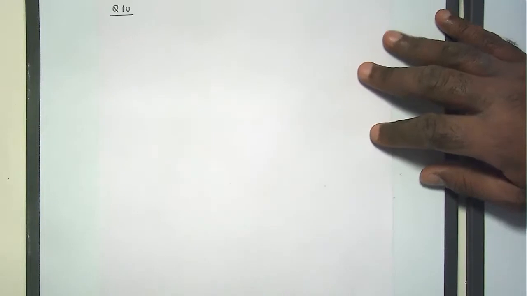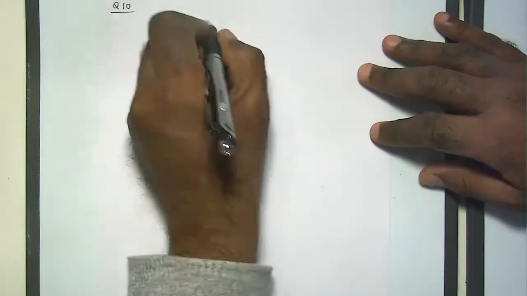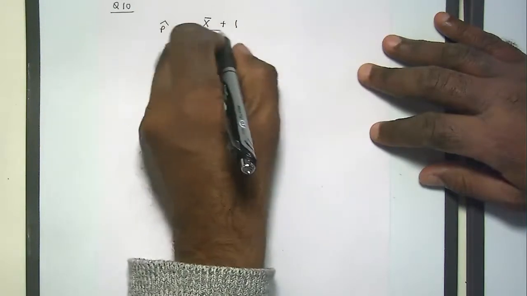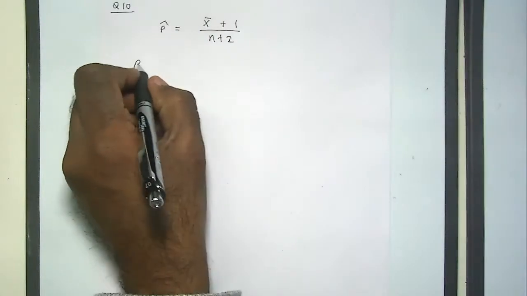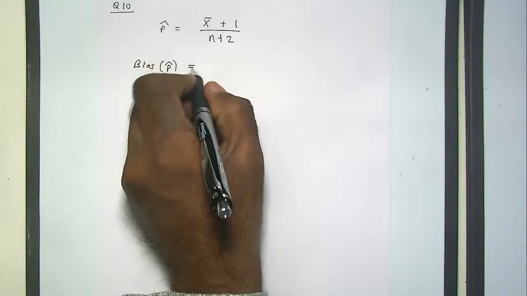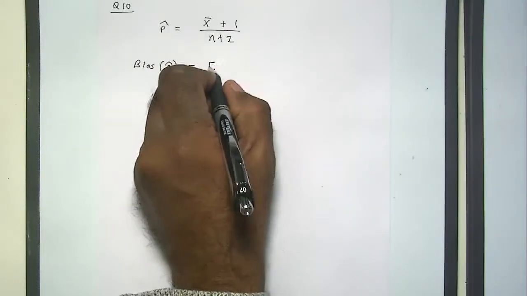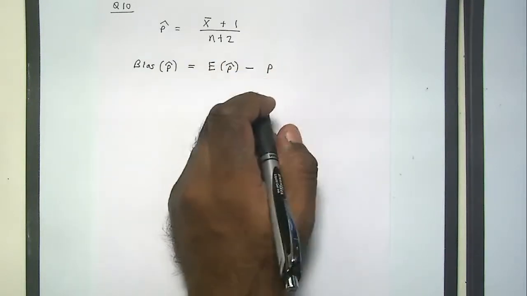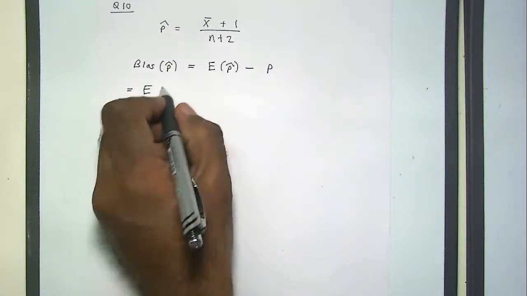So you have this estimator p hat equal to X bar, the sample mean, plus 1 divided by n plus 2. The first thing is we want to find the bias of p hat. Now what's the definition of bias, guys? It's the expectation of the estimator minus the parameter you're trying to estimate. So this is the expectation of